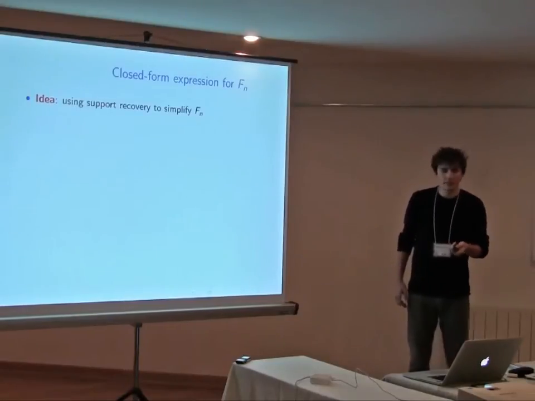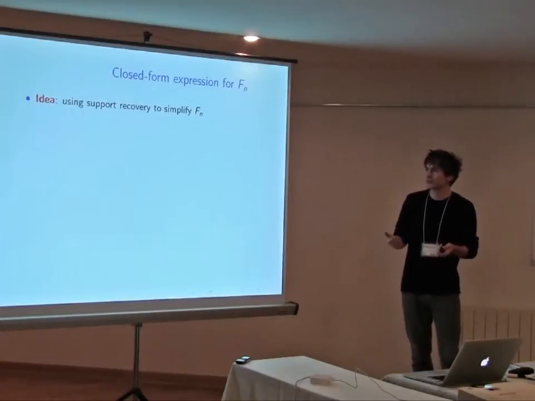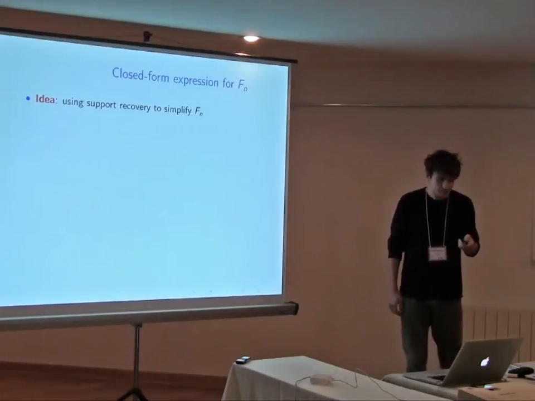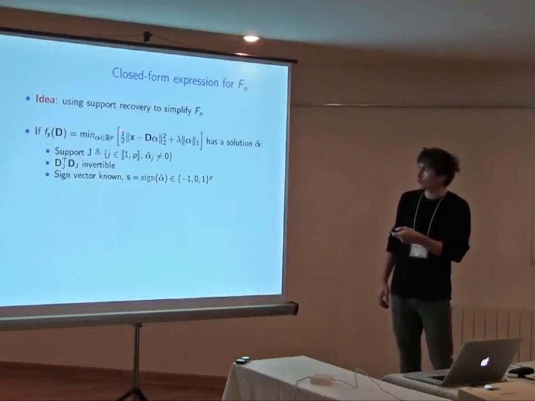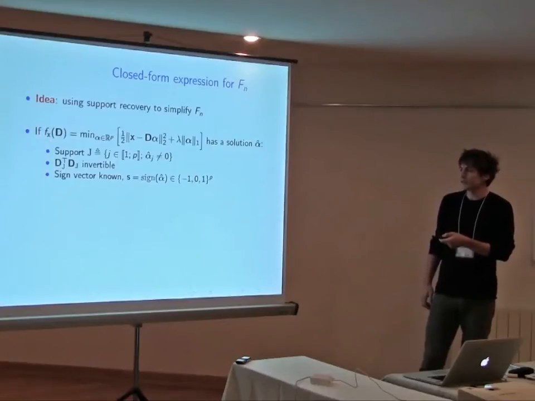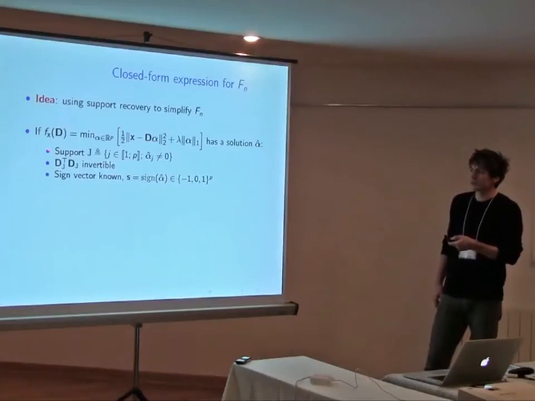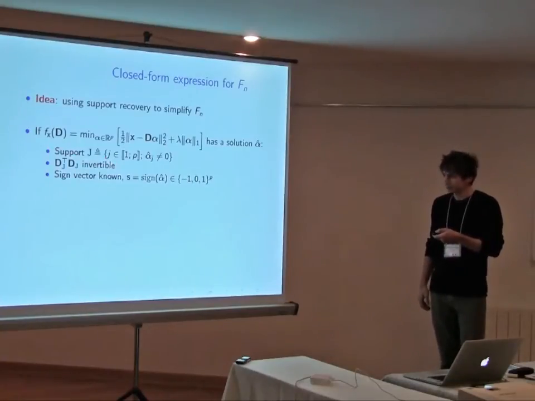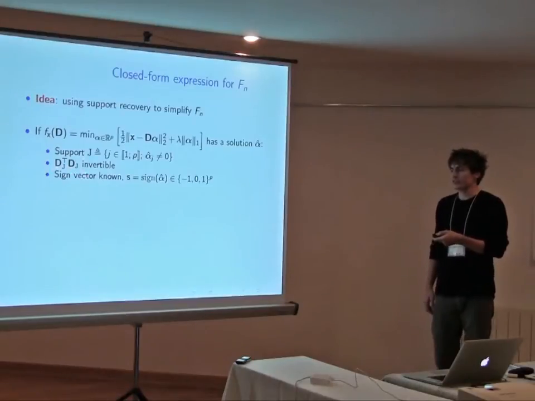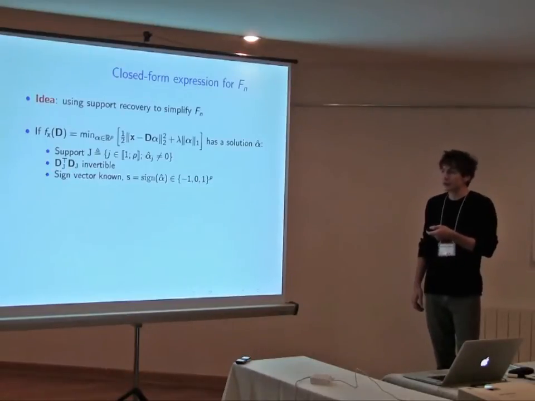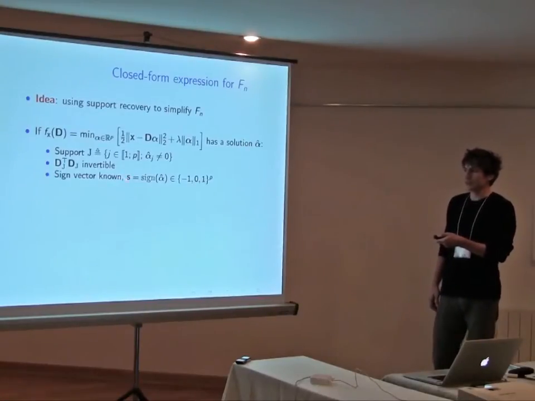So the main idea behind trying to simplify the function f of n is to use some ideas related to support recovery. So what do I mean by this? Let's have a look at the function f of n for a single signal. So if we assume that this function here has some solution alpha hat with corresponding support J, if we also assume that this matrix here, D_J transpose D_J, is invertible, and if we also control the sign vector of this solution here, which we will define by S,